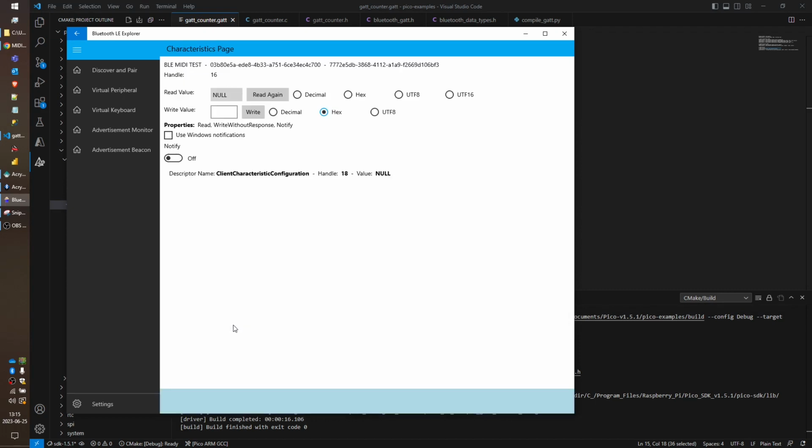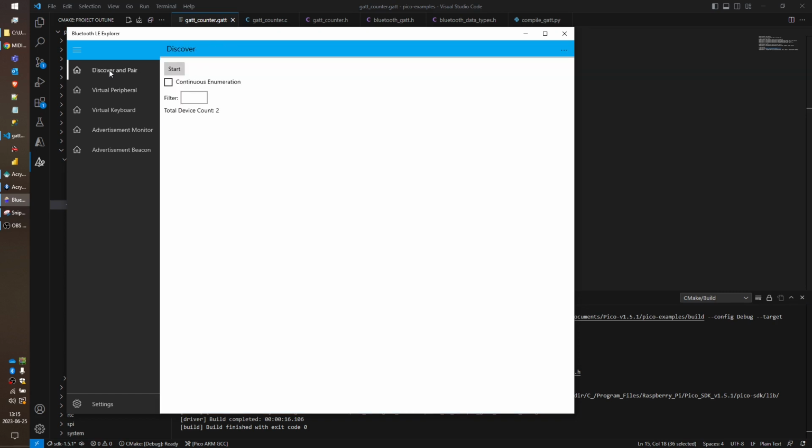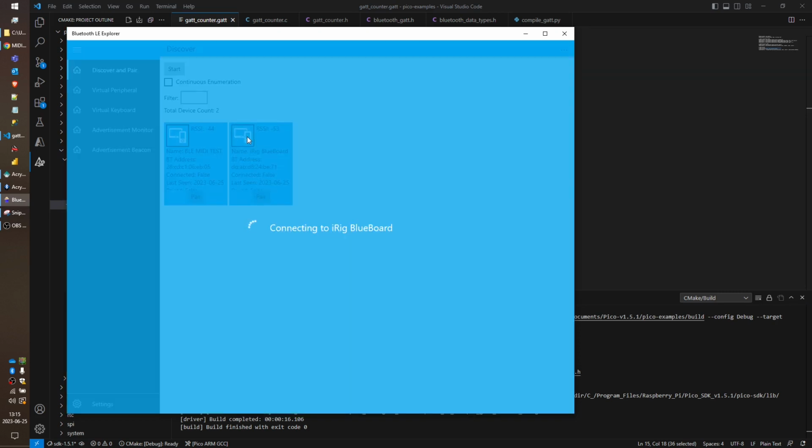You can click on this and then see some more stuff. This wasn't that practical. I'll show you on the iOS side a better way of doing this, but you can actually go and interrogate some values with this. If I look at my Blue Board,